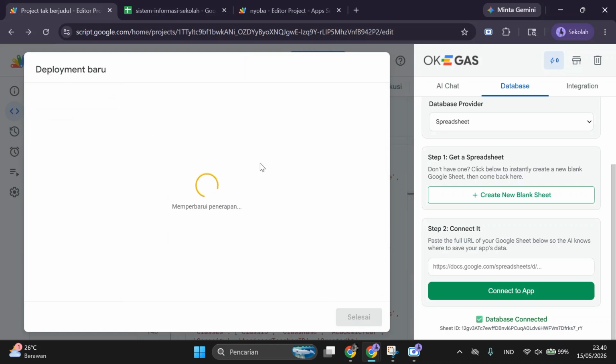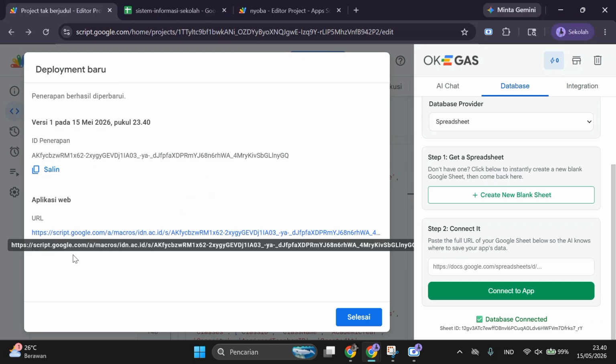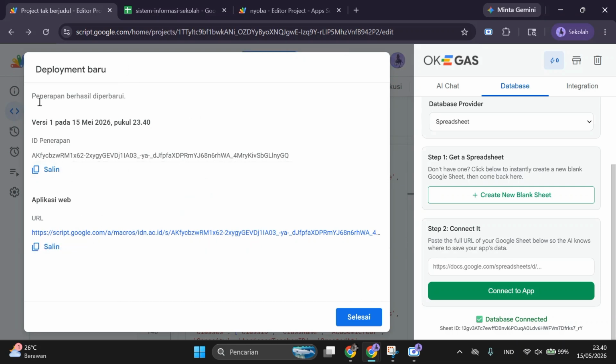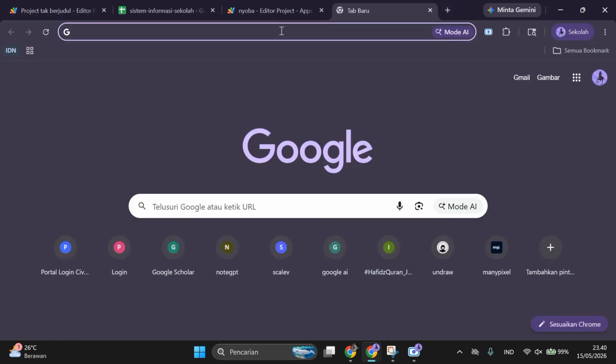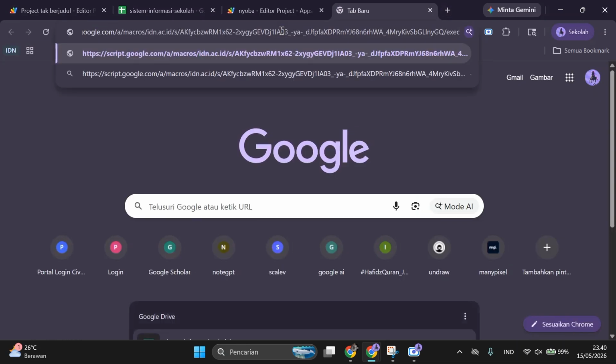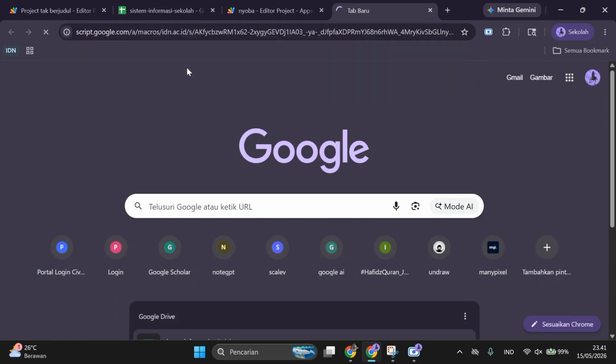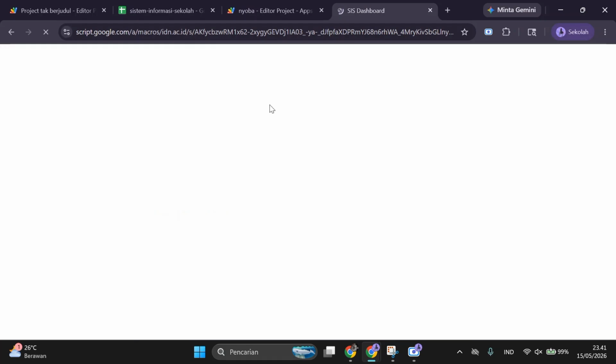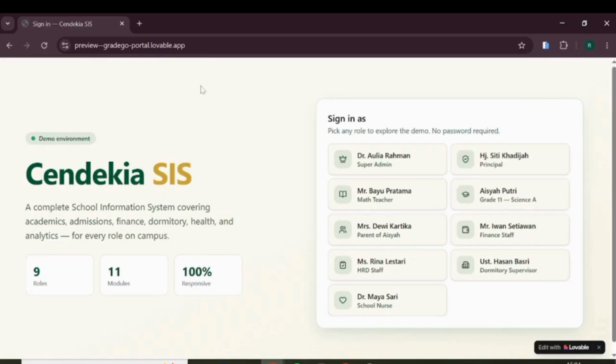It is loading the new deployment, and copy the project URL, and then I paste it in a new Google tab, and after that it will display the dashboard interface of the application.